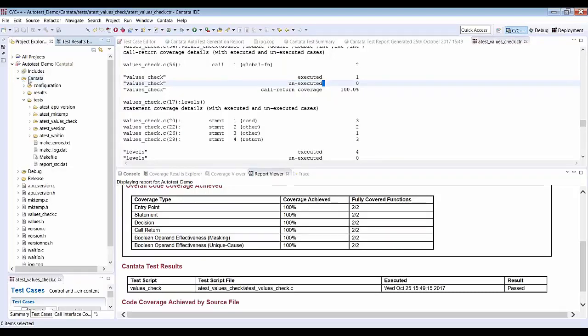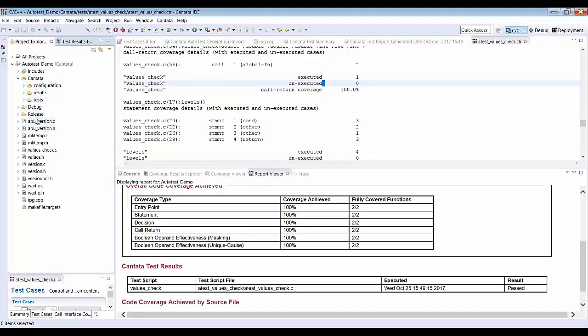Because you can't change Cantata configuration results tests, but you can change where the code is. So if you don't want to have Cantata directly over your code, then of course you can create a project that references where your code and your header files and things are. So I might have a hierarchy of header file structures, a hierarchy of code files. They may not be directly in this project. They may be simply referencing the files. This is an Eclipse interface, so we have all the capability of referencing files in whatever structure you want to have them